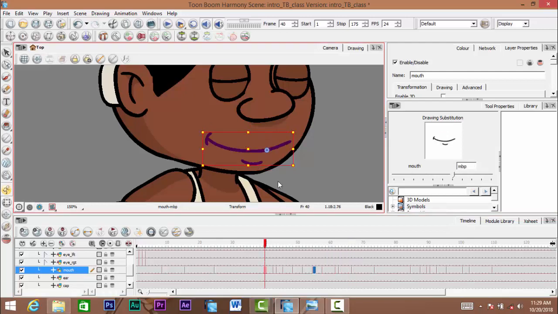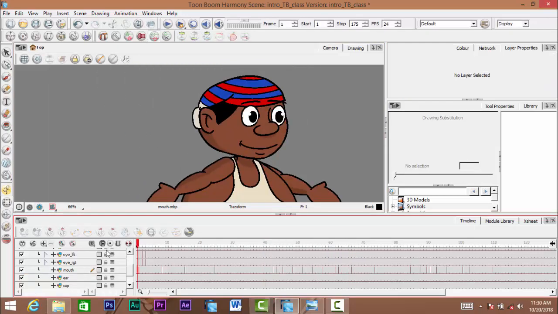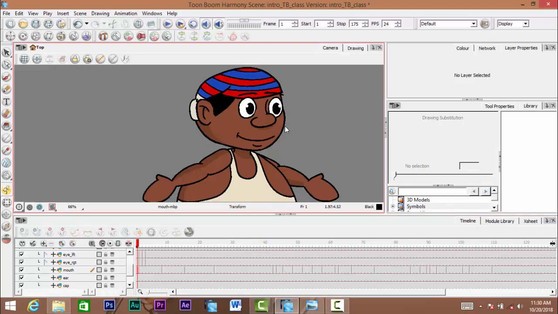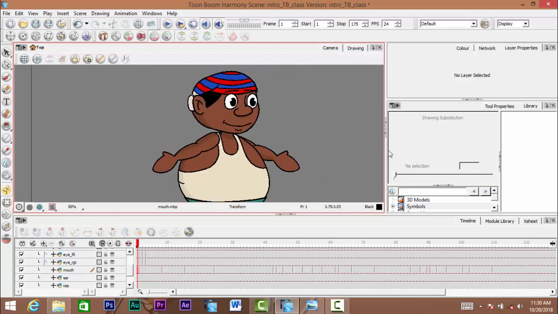So you can just continue modifying it until you get what you want, but that lip sync will give you a starting ground. It will help you to place everything initially before you start modifying every other thing, instead of going in there yourself and starting from the beginning to place or know the mouth shapes that are supposed to be in each frame, which can be more tedious than this. So if I play again,